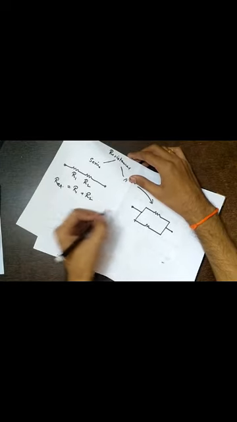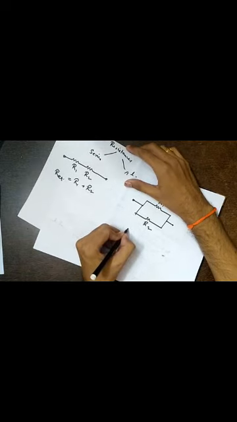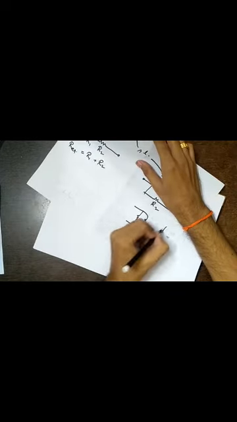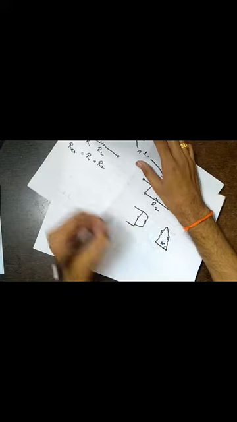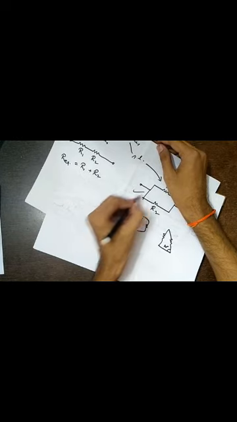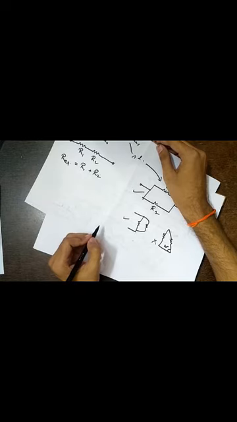If I draw, anyone will say these two are connected in parallel. But what about this? Will you say this is in parallel? Let's say I give you the angle also. Are they in parallel? If you ask any person who is not an engineer, he will say this one is in parallel, this he'll say is not in parallel. But an engineer will say this is in parallel if he knows the concept.